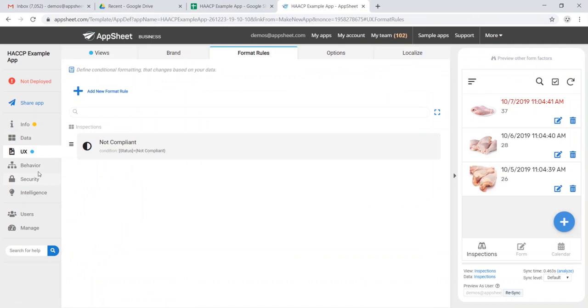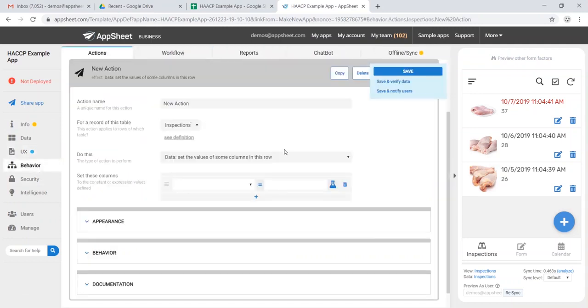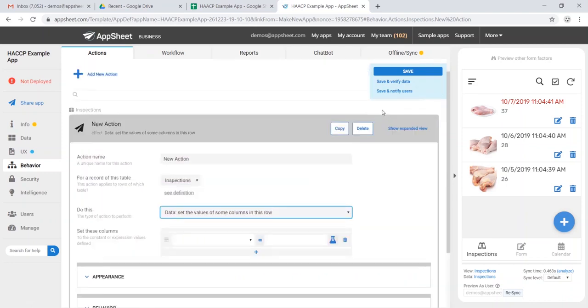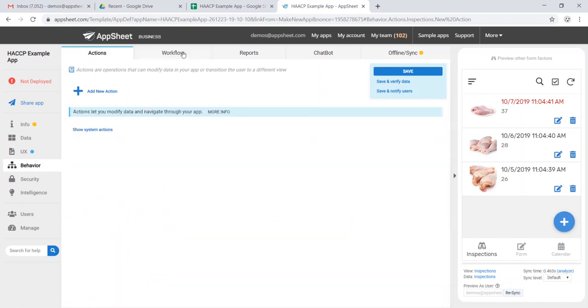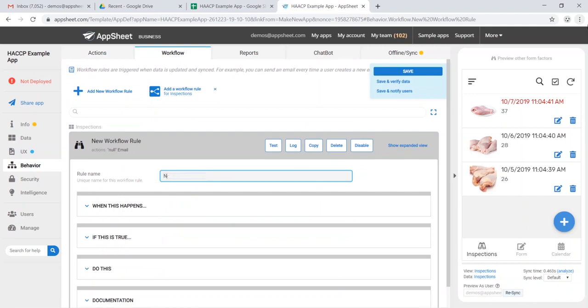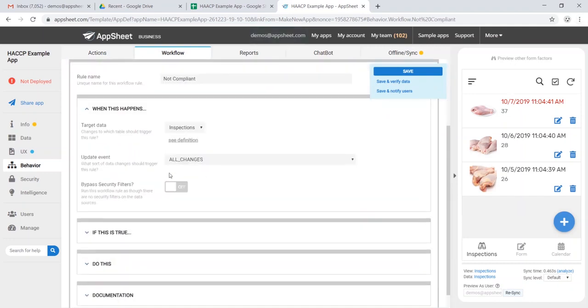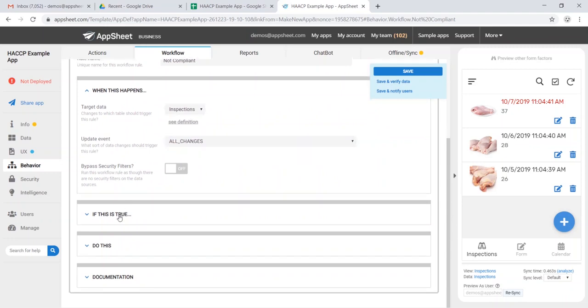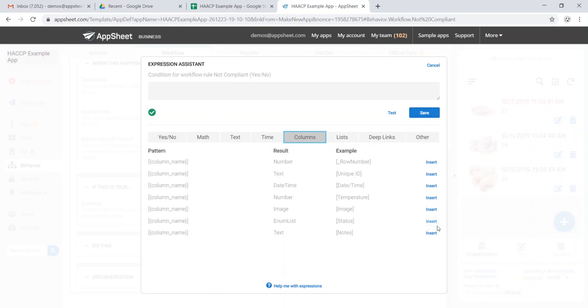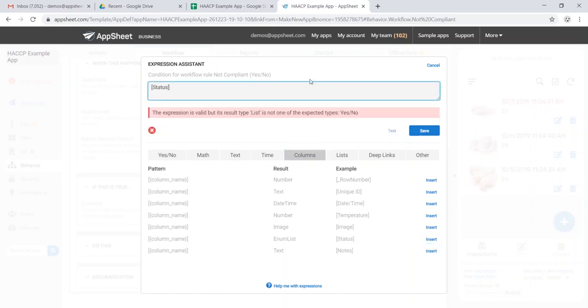So from here, let's jump over to our behavior. We could create new actions. Actions allow us to jump to different parts of the app or start phone calls or emails or things like that. In this case, let's go ahead and just skip this. We could also use a workflow. In this case, I will go ahead and make a workflow for, again, not compliant. And we'll say that, again, whenever there is a change in inspections and our column status is equal to not compliant,